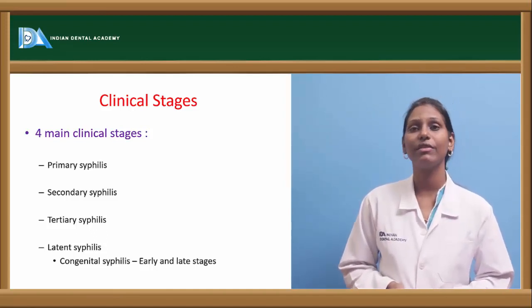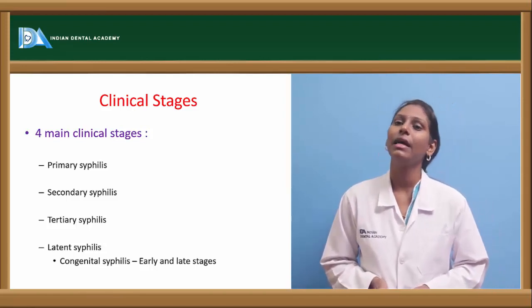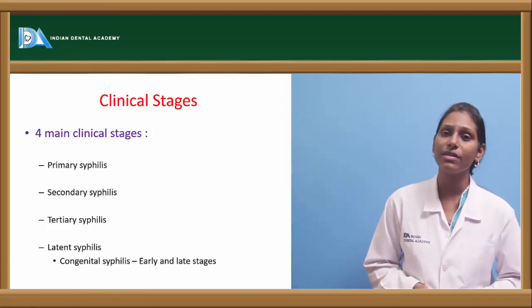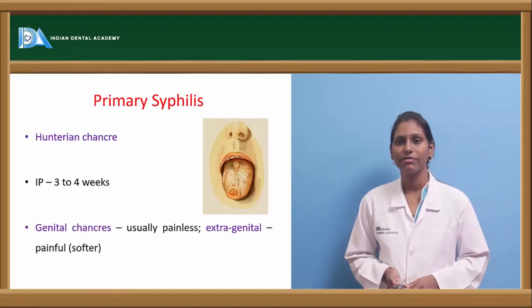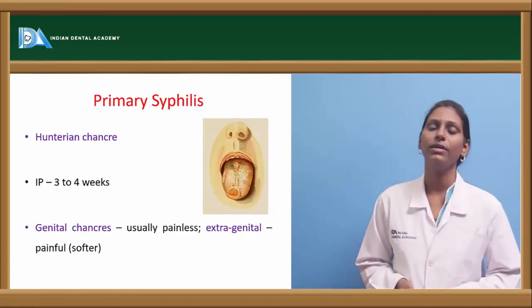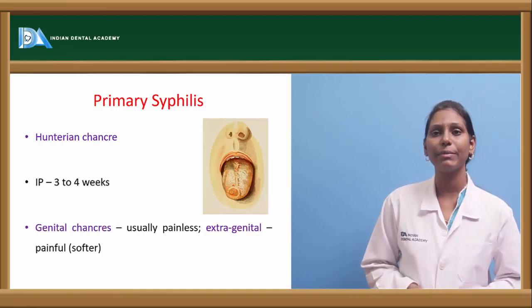Secondary syphilis, we have tertiary syphilis and latent syphilis. In latent syphilis, we have again congenital syphilis, which is divided into early congenital syphilis and late congenital syphilis. So now, when we're talking about primary syphilis,